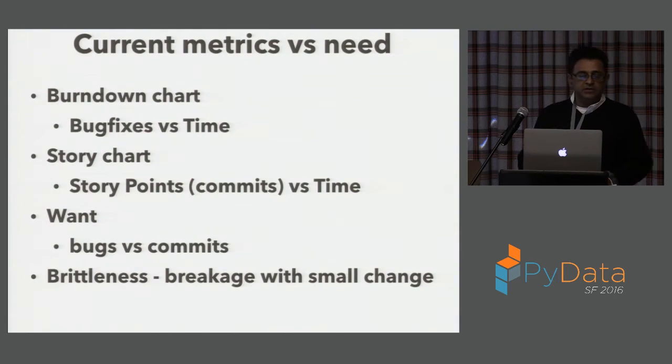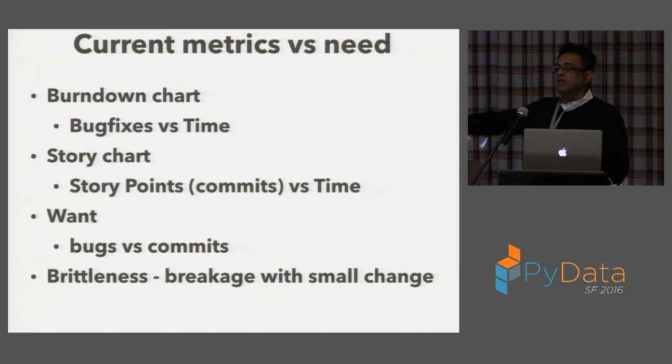So current metrics. What we get in the current world is something called a burn down chart, which tells you how we are fixing bugs and how many bugs remain to be fixed before release. And so that's got time on the x-axis and number of bugs on the y-axis. And then you have commits versus time. It's like how features are increasing and how much activity there is, which is number of commits versus time. But in all of these cases, time is the independent variable, but in reality, time is not the driver of breakage. It's changes that are the driver of breakage. So unless you join these two together and make commits the independent variable, you're not going to figure out how brittle your code is.